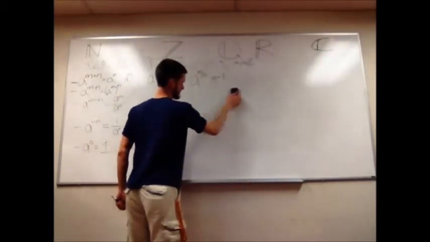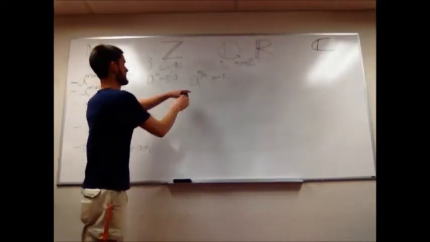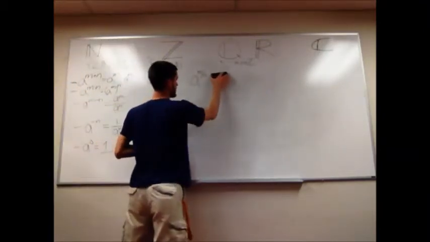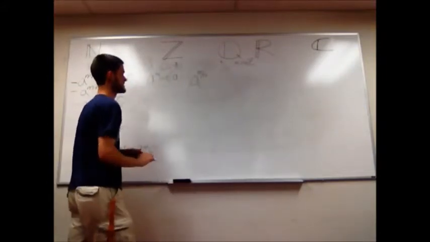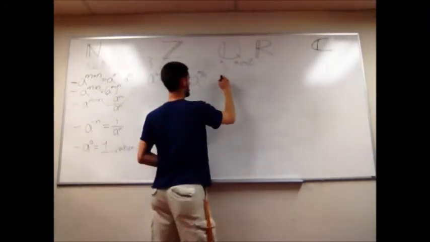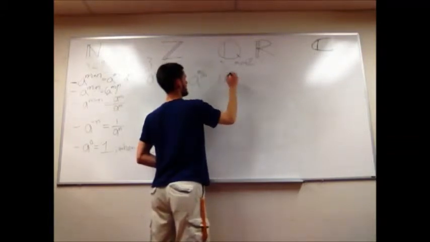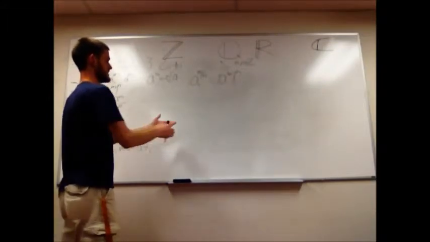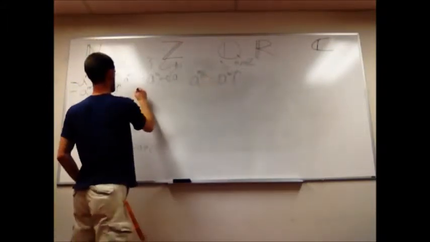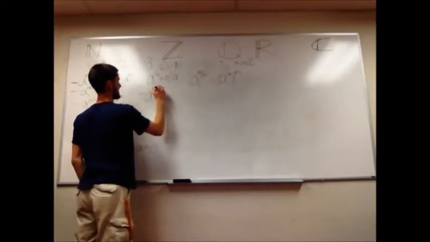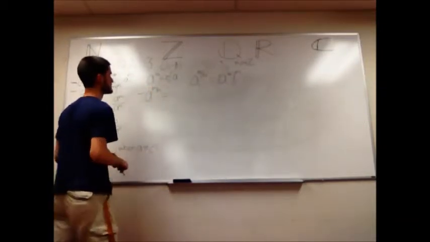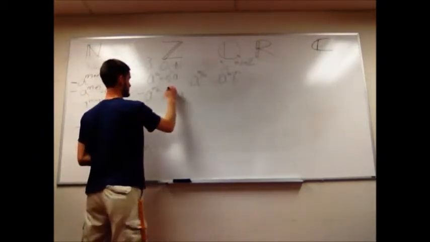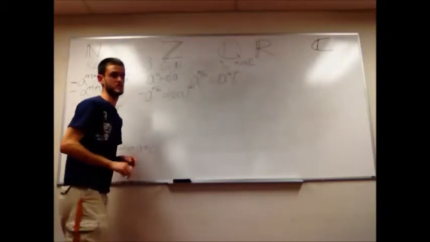And this next step was almost implied in the example we just showed. A raised to the m over n, and we'll say m is no longer 1. A raised to the m over n, okay, what does that equal? A to the 1 over n, to the m. And so we just did that. So what does that mean for us? Well, a to the m over n is going to equal the nth root of a raised to the m power,